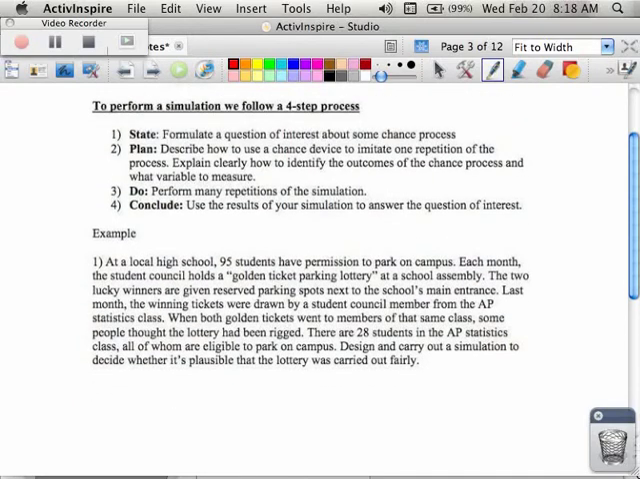There are 4 steps. Number 1, state what you're doing. So you're formulating a question about something of interest. Number 2, plan. That means lay out what's going to go on. How are you going to use this chance device, whether it's your table or your calculator, to simulate what is going to be happening in each repetition. And then number 3, do it. And then number 4, draw your conclusion. So for example,